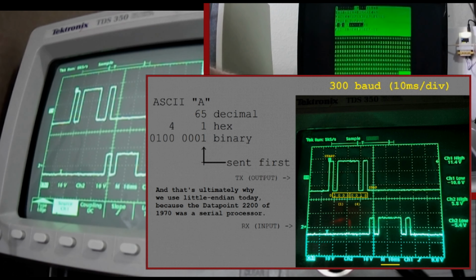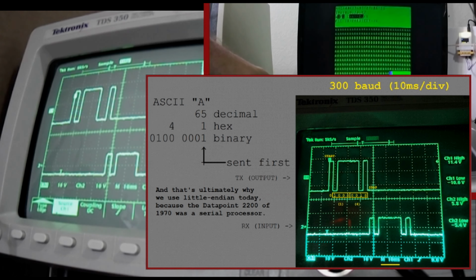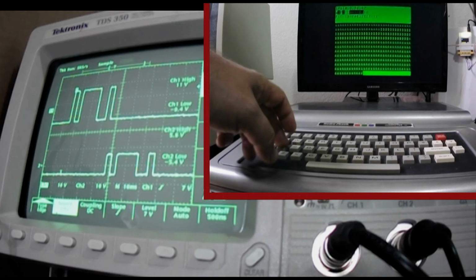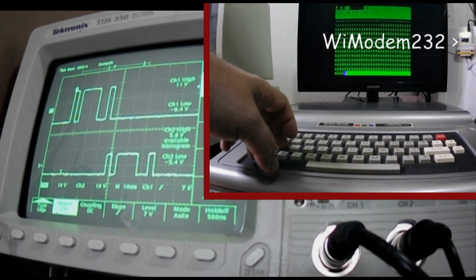In this serial signal, the data bits are sent low order first. That means they appear backwards compared to when we typically read hex values. Each bit gets processed by specialized hardware. In the case of the Color Computer, it uses a 6821 PIA. That hardware helps accumulate the data bits into a full byte that gets stored in memory and then processed by the terminal software that's running.